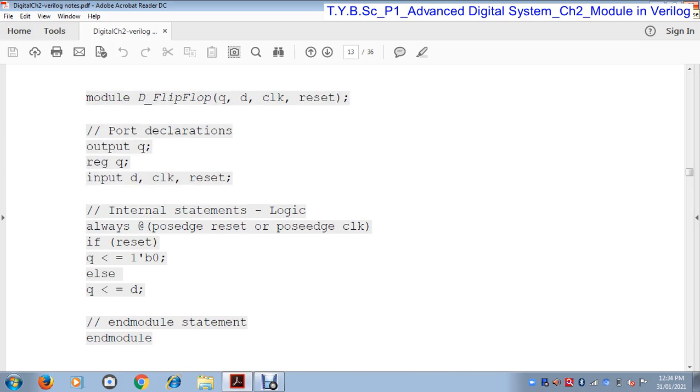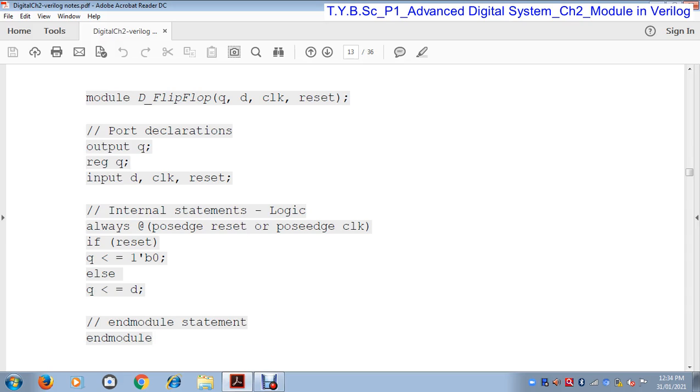In this group you can use any data types: register data type, net data type, wire data type, vector data type, array data type, integer, float. You can use any data type, as well as the basic concepts that we saw in our first lectures. So module is nothing but a group of elements, and module is a functional body.